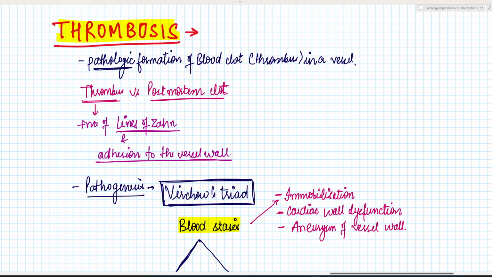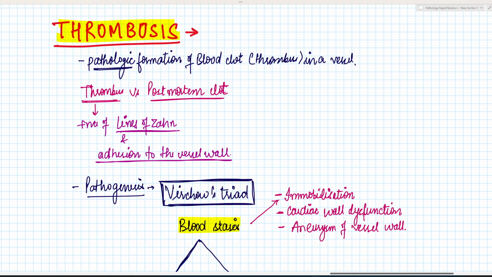Welcome to the second lecture in hemostasis and its related disorders. So in this lecture we have two topics, thrombosis and embolism. Let's start with thrombosis. Thrombosis is a pathological phenomenon. Remember, it's a pathologic phenomenon which comprises the formation of blood clots, which is a thrombus or thrombi, in the